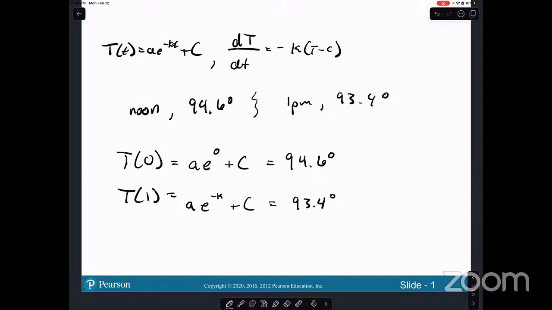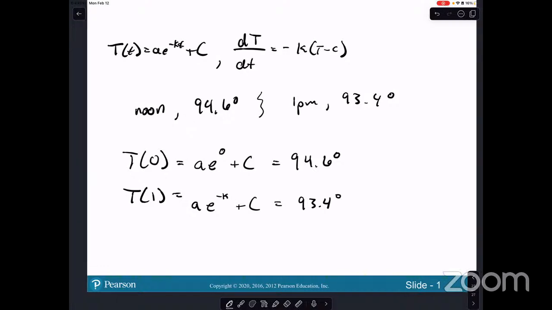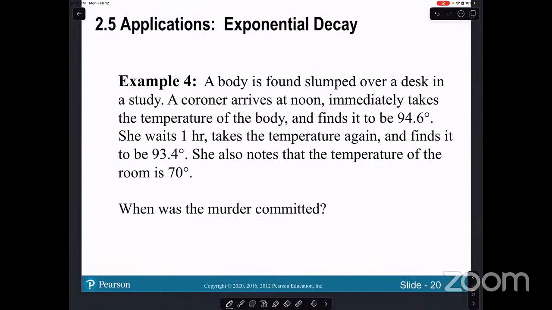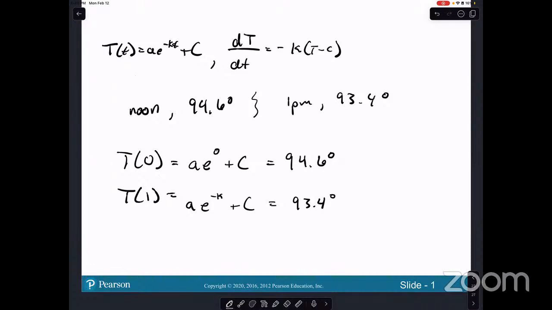Okay. Now it says the rate of change of the temperature with time is given by that negative K times T. Oh, and then the temperature of the room is 70 degrees. Okay. So it looks like from that rate above, we can find K, right? The rate of change of the temperature with respect to time. So then it looks like we can do something like